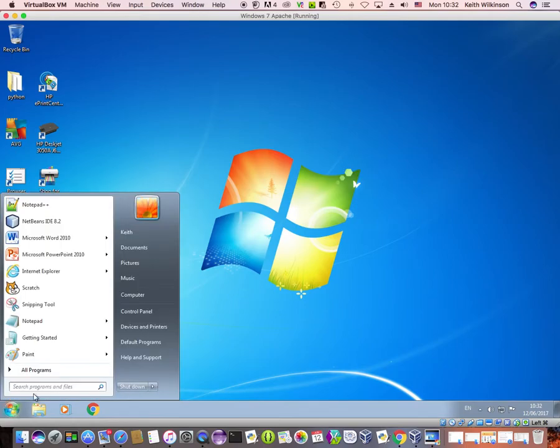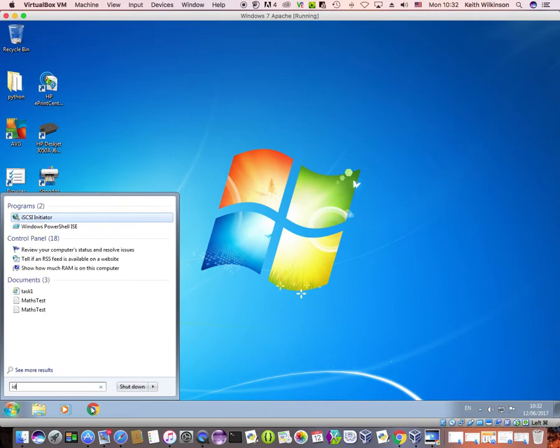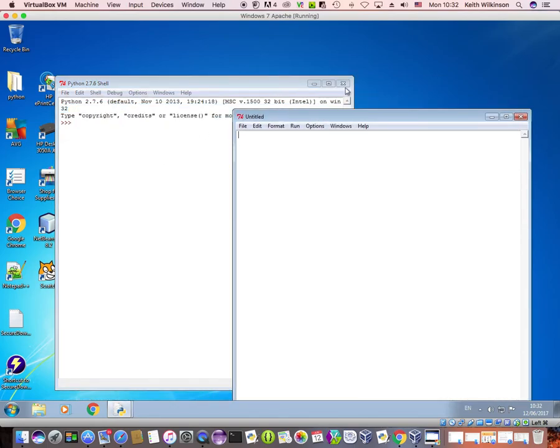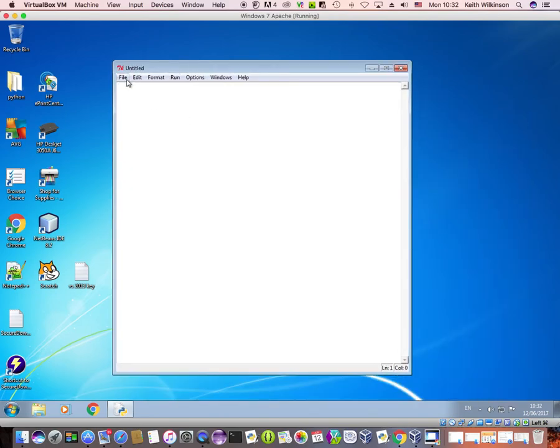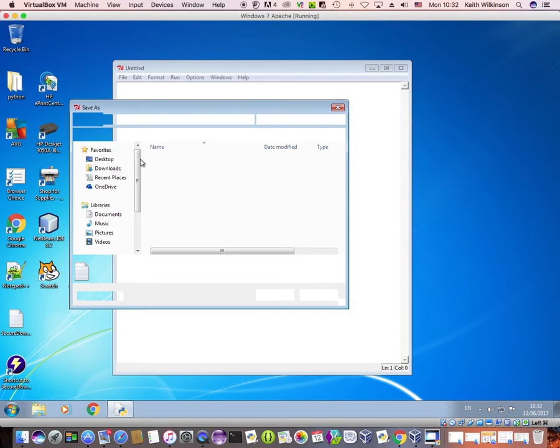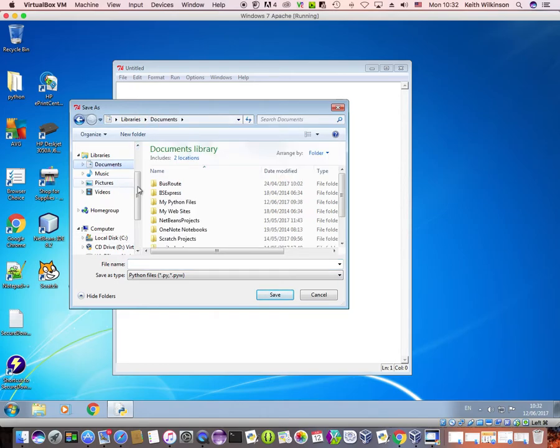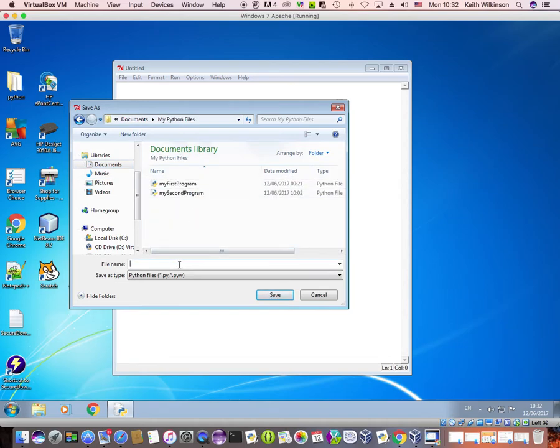Just to remind you, go to the start bar, the search, type idle, choose IDLE Python GUI. Remember, we get the shell, so we need to choose file, new file, because we're going to close the shell down for the time being. Then, this is our third program, so I'm going to save it as, remember, not in Python 27. I cannot stress that enough. Not in Python 27. So documents, and I had a folder called my Python files, and I'm going to write my third program